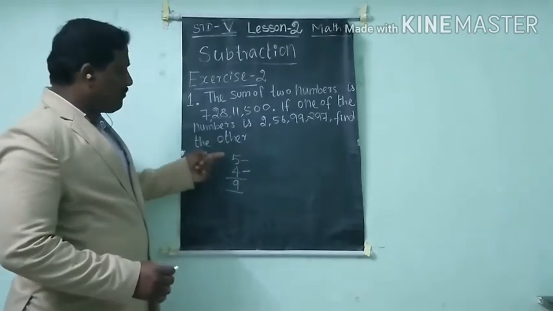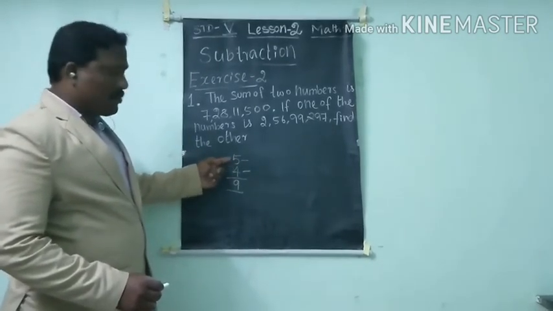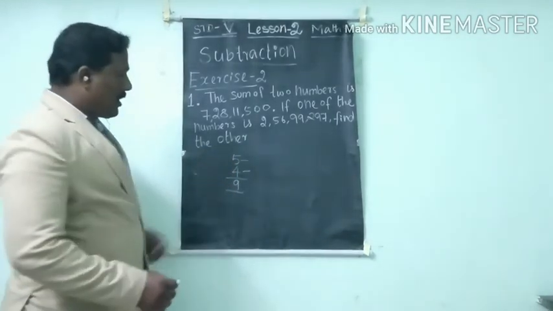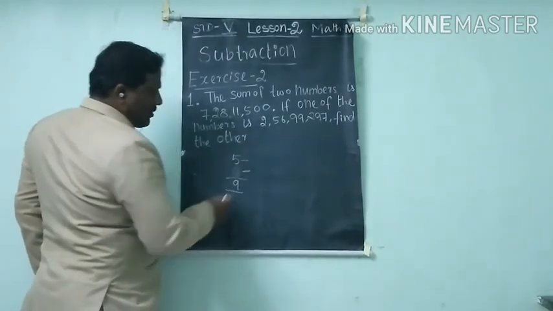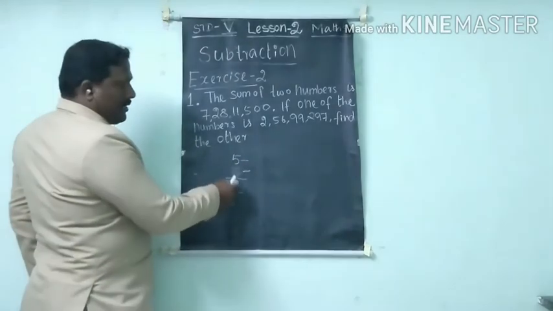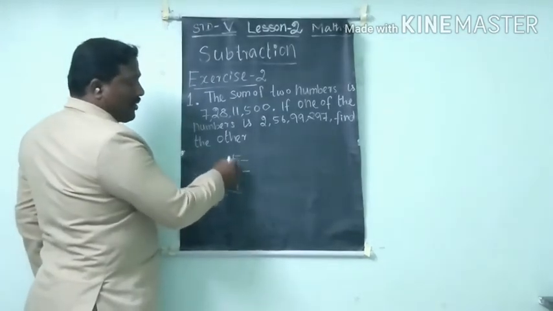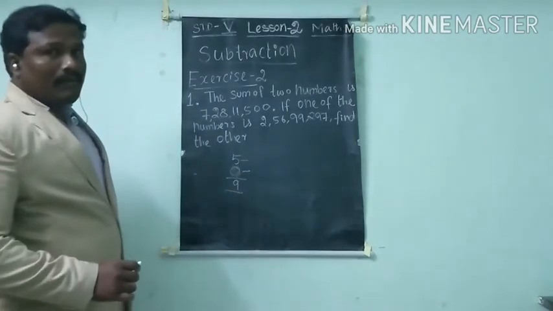First you understand. This is one number. This is another number. So I add both numbers. I got this answer. Now see. I gave these two numbers. I gave the total, 9. I gave one number of the two numbers. Now we want to find out the number in this place. Which number will come? We want to find this out.